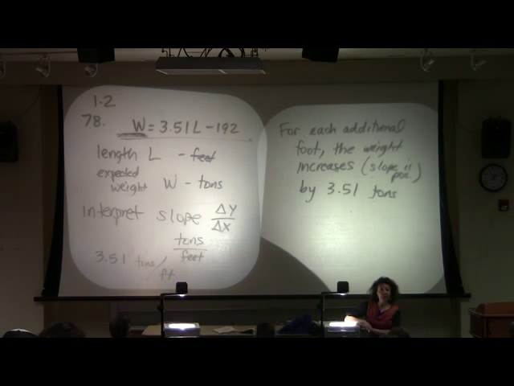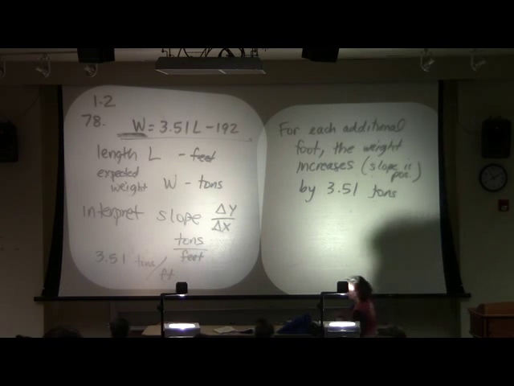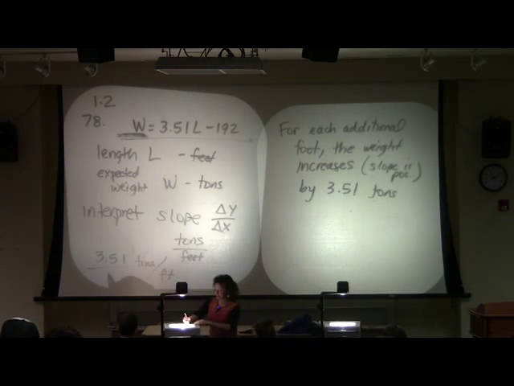Do you guys see how I got that? Okay, because what does it mean to look at a slope? I mean, you're looking at the rate of change. In other words, if you have 3.51 as your slope, it's 3.51 over 1. In other words, for each additional foot, the weight increases by 3.51 tons. Okay? You don't have to do this